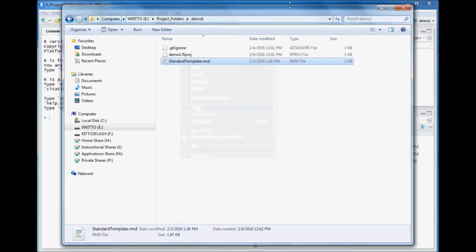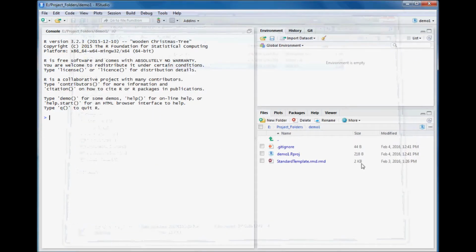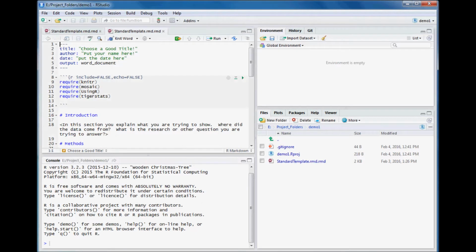And there we are. So now let me just close this screen. And we'll see that I've just put it in here, called standard template. A long-winded name. Anyway, it's a markdown file. And what I want to do is now, since we initialized the project under Git, I'm going to open this thing up, and it'll open up a markdown file over here, and it's simply a template. So let's just see what we got. So there's this markdown template,